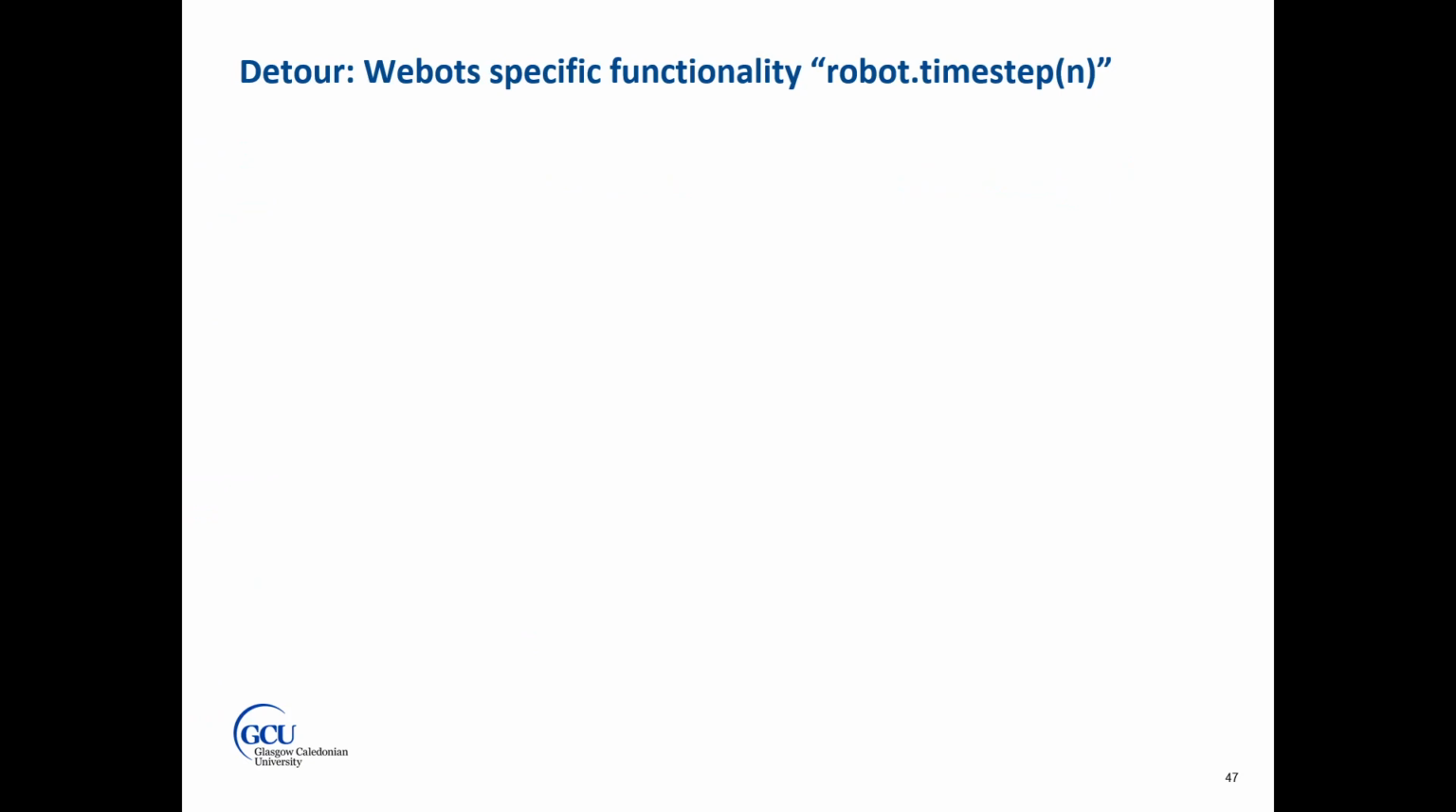So this is the last video before we actually go into the tutorials with some of the basic knowledge you need to write your own controllers with Webots and Python. And we are going to discuss now something very important in Webots, which is this functionality robot.timeStep(n). Remember, this dot here means that we are accessing functionality from this library. So here we have the robot library and we are accessing its